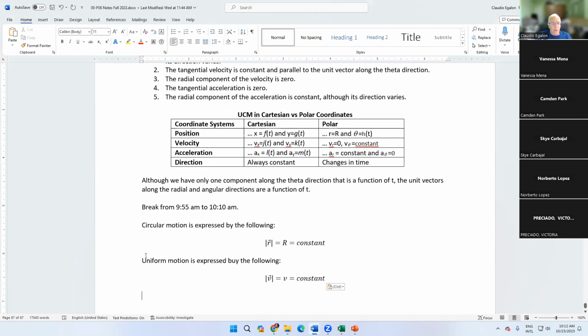This one is obvious from the fact that we have circular motion. The above is obvious due to the fact that we have circular motion,